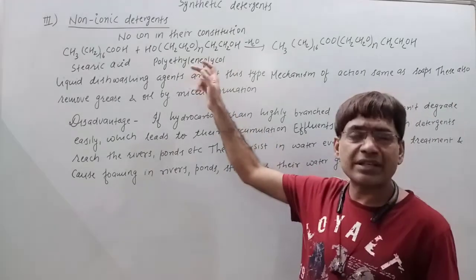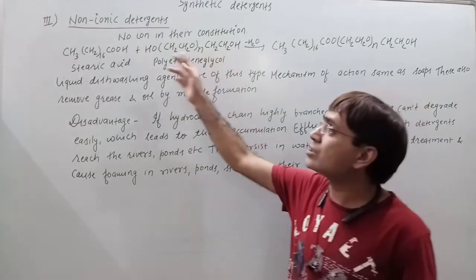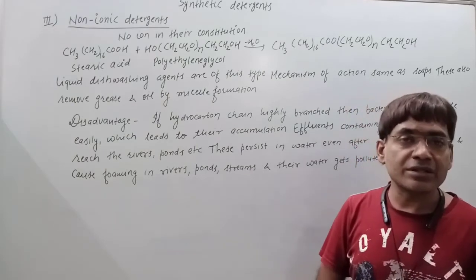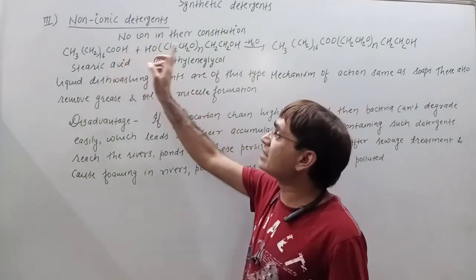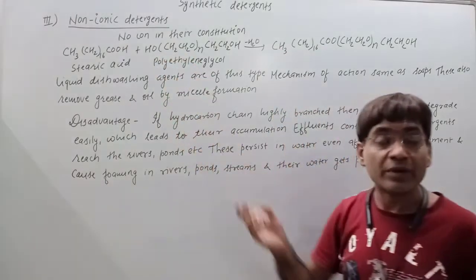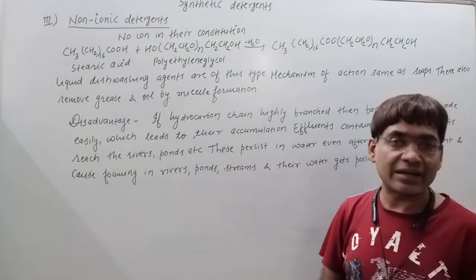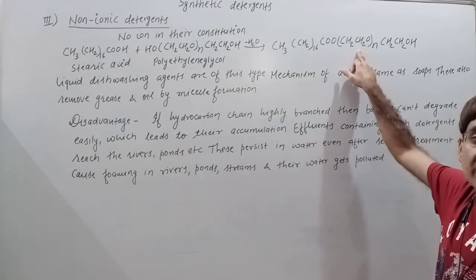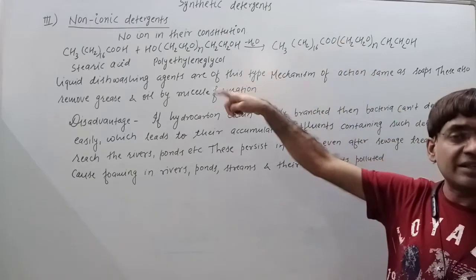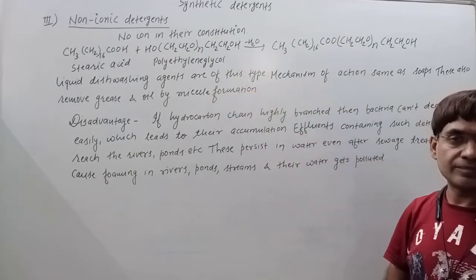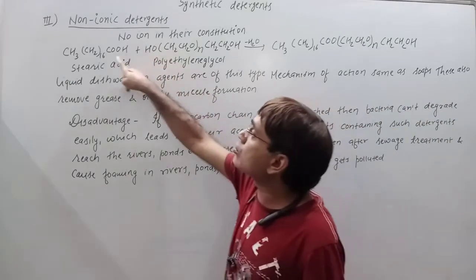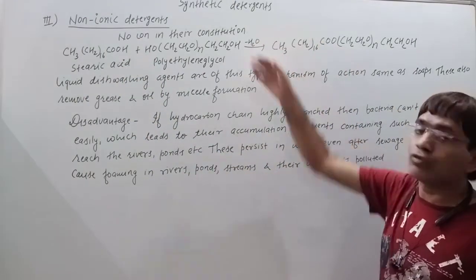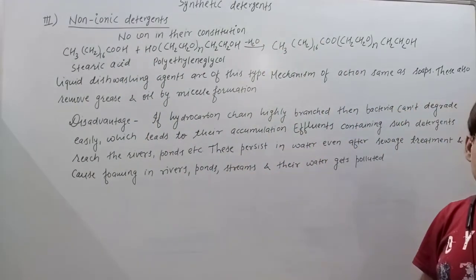So this reaction is also an extremely simple reaction. Though it contains a huge carbon number, the fundamental reaction is the same. This contains a carboxylic acid, and this contains OH as the functional group. When carboxylic acid and alcohol react, they form an ester. So the formula of non-ionic detergent is going to be very simple. It is an ester of stearic acid and polyethylene glycol. Is it clear? This alcohol takes over the carboxylic acid as a nucleophile, whereby the ester is formed along with water as the side product.